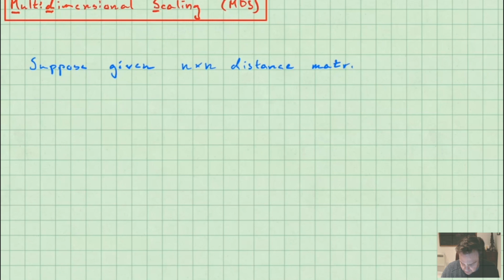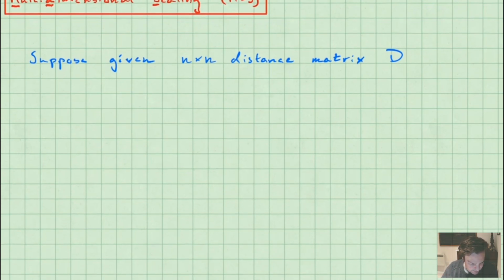And we'll call it D, just like we did in the last lecture. But we'll end up using multiple distance matrices in this, so it's important to remember which one is which as we get more and more of them. But suppose that D is the one that you start off with, and the idea behind this distance matrix is that in some way,